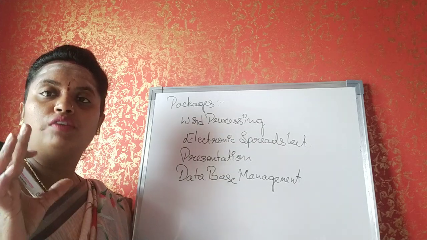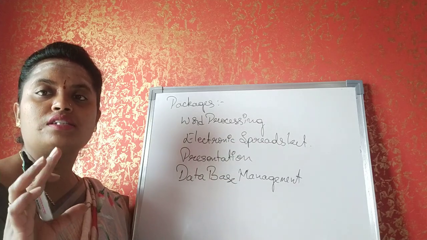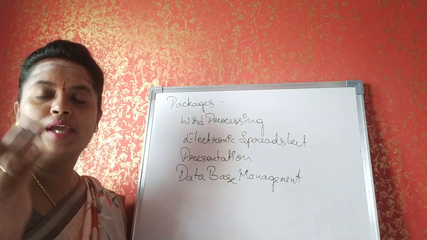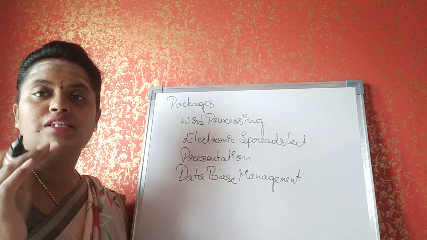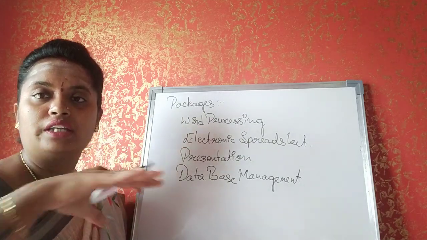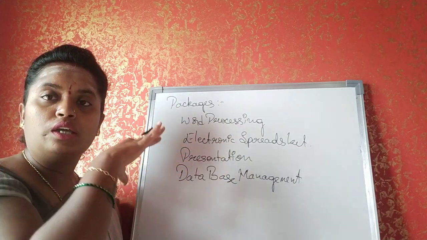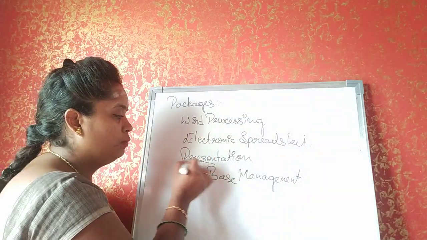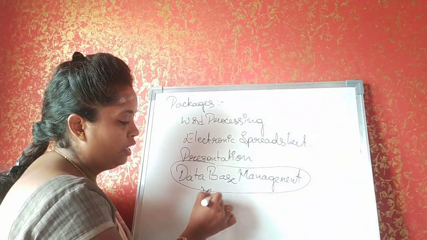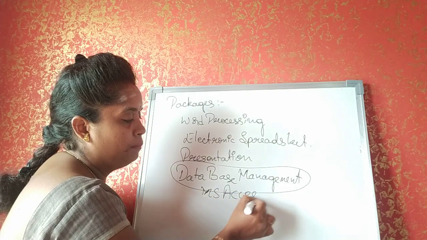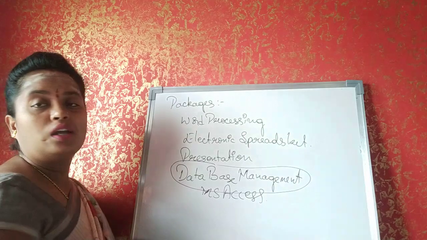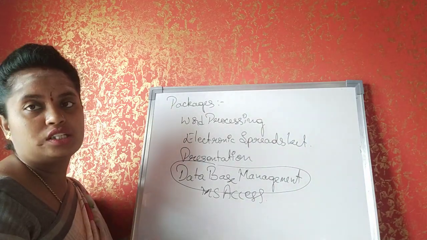A database is nothing but, for example, your attendance register or a marks register. It contains the overall data of each and every child, like your name, your class, your section, your father's name, mother's name, then the marks of your FA1, FA2, FA3. It continues like that. So the overall management is called the database management, that works on MS Access. Understood? So these are the packages in your application software.